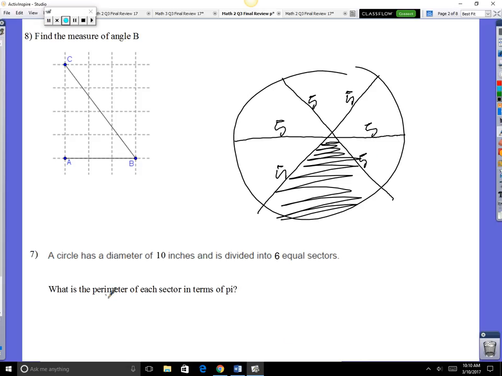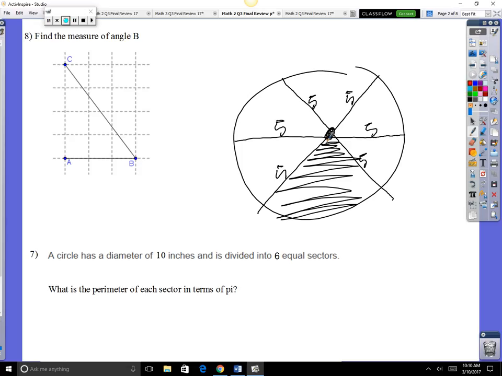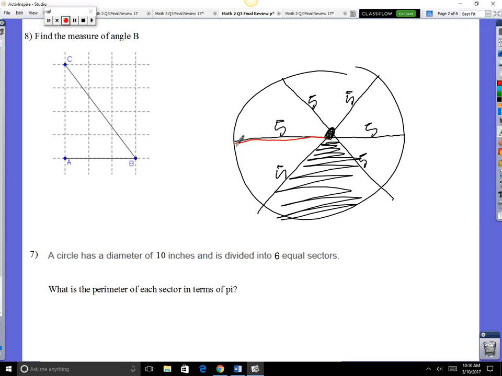Okay, the perimeter of each sector. If you choose a slice, then you walk around the perimeter. You walk 5 there. How far do you walk there? You walk 5 there. So the perimeter is going to be 5 plus 5 plus the arc length. The arc length, we need to know the circumference. So the whole circumference,